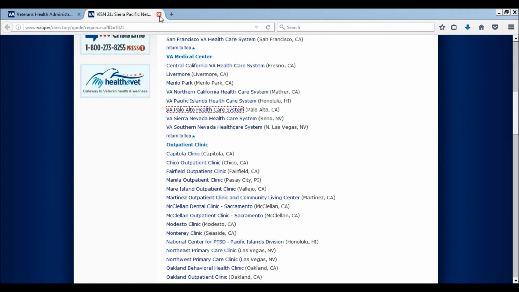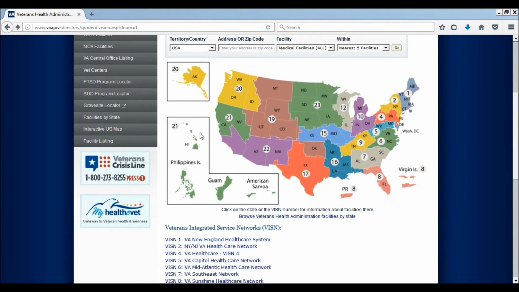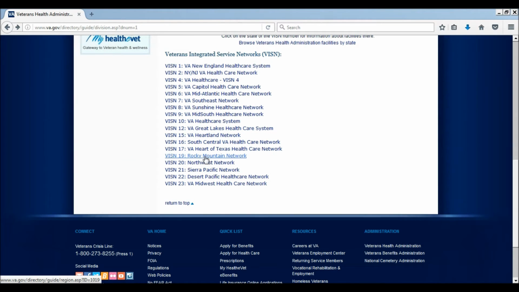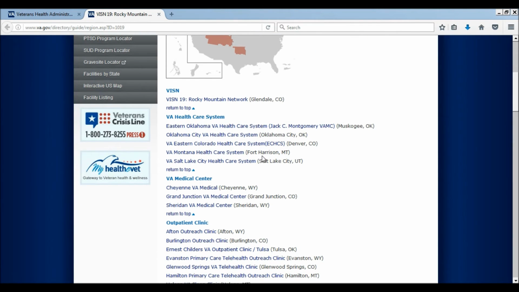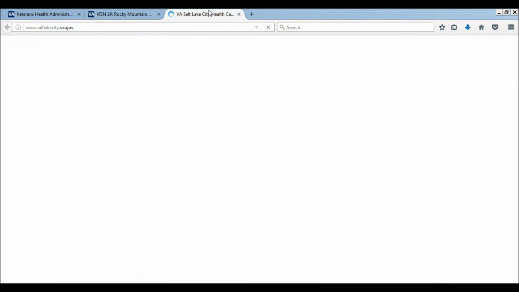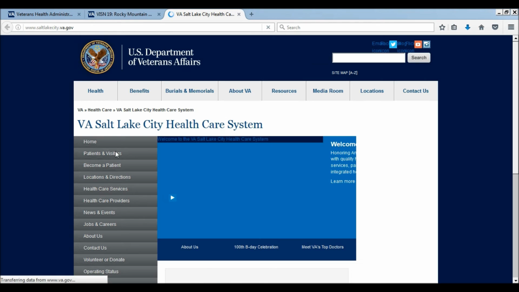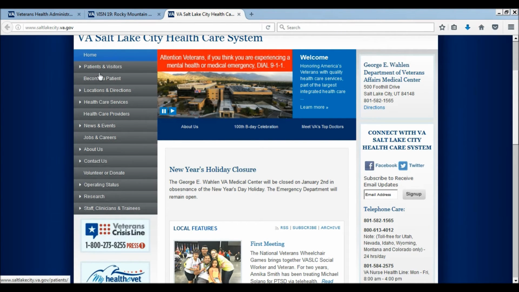If we go back a little bit, I can go through another example. We just did Region 21, or Service Network 21. I'll just pick 19. That is the Rocky Mountain Network. We go to the new tab, and let's say the Salt Lake City healthcare system. If you open that in a new tab, you'll see the same kind of gray menu bar over here.